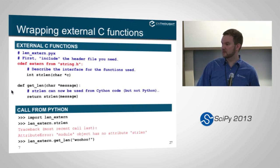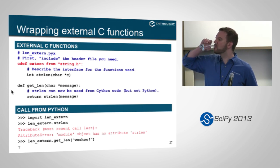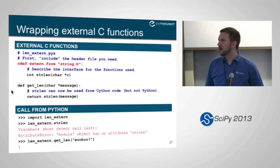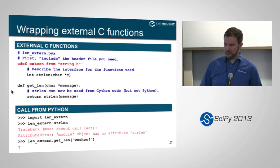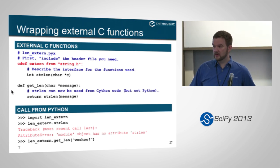Just want to clarify on the previous thing. On all the inline declarations that we did with Cython, with the fib.py, I included all the Cython locals and declare, and then I just run that Python file. It should generate the pyx file for me, right? It won't generate a pyx file for you. It will generate a C file for you. But